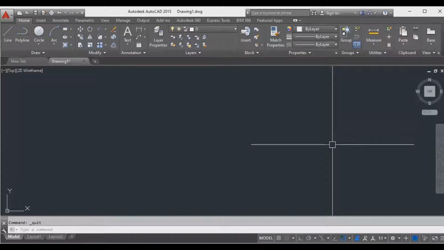So that means in level 1 we learned how to draw lines and circles. Level 2 is purely the modifying section. Whatever we have drawn over the last few weeks, we will modify those particular sketches based on our requirement. Modifying means we can change, edit, or format the shape based on your requirement.